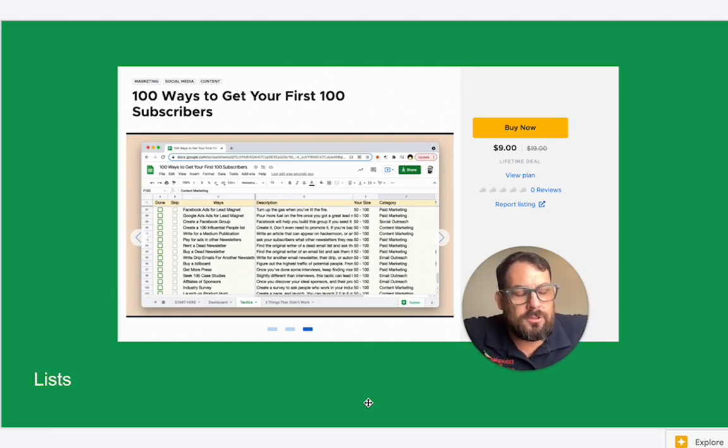Great if you want to create a list of backlink opportunities. Not everything is going to be for everyone, and so you want to sell a comprehensive list of hundreds, but you want to make it useful for everyone. So you can add a little skip column. I think that's great. I also added a dashboard to this, and that's a really cool thing to add to a spreadsheet. If you want to add a little extra element of, hey, we know what you're going to go through and we know how you're going to track it, then add a little dashboard that can track if they've done it or they skipped it.